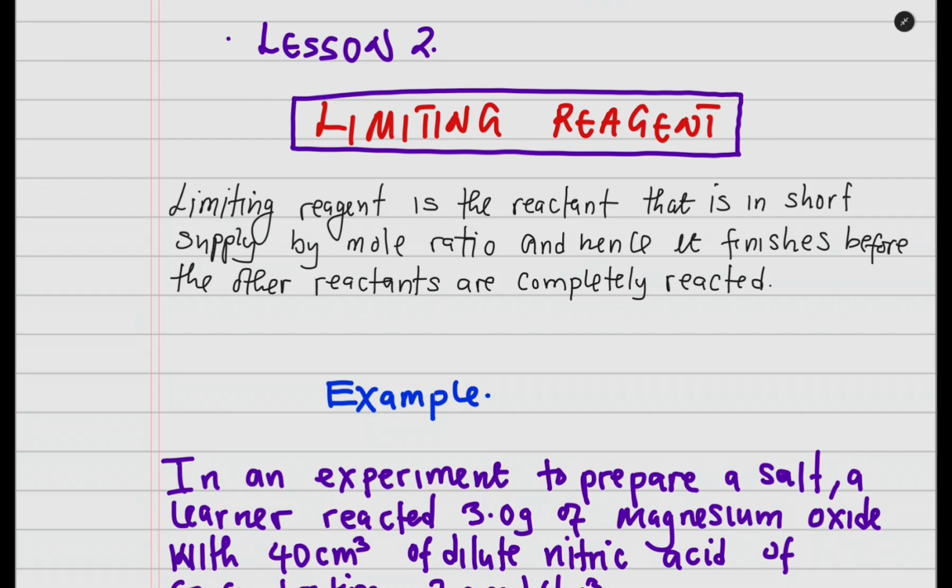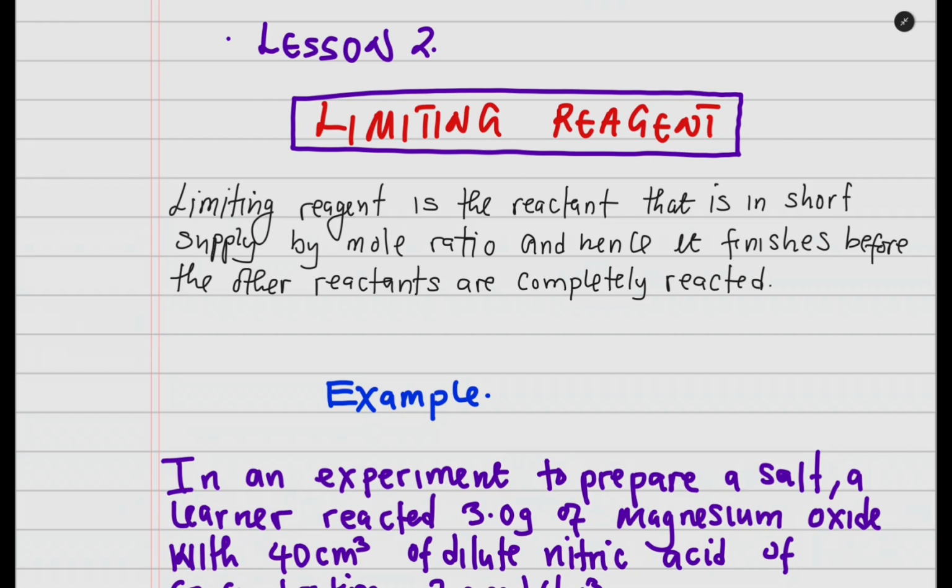So limiting reagent is a reactant that is in short supply by mole ratio, and hence it finishes before the other reactants are completely reacted. So that is how we can define the limiting reagent. Now, without wasting much of the time, this is going to be, I think, the shortest lesson, because we have nothing much to discuss aside from just looking at how, if you are given a question, to determine